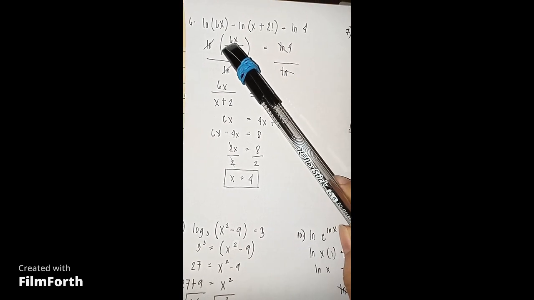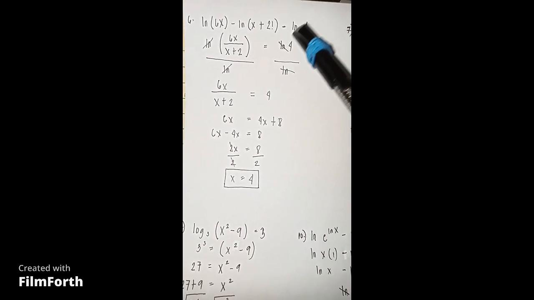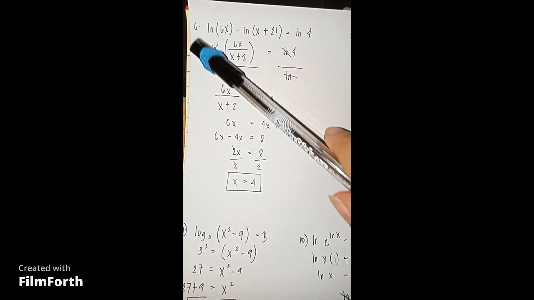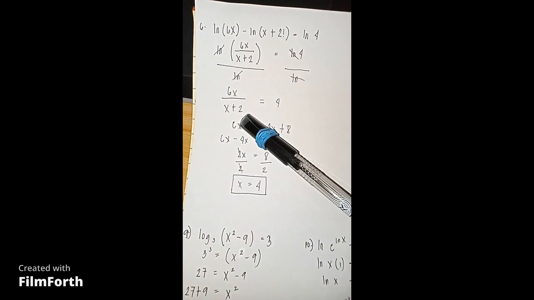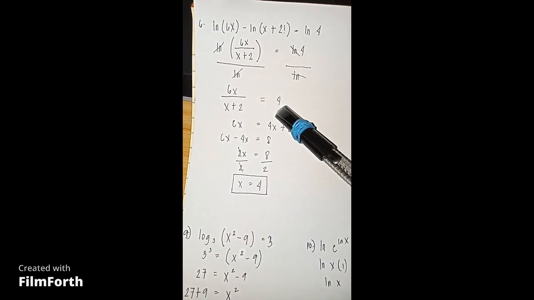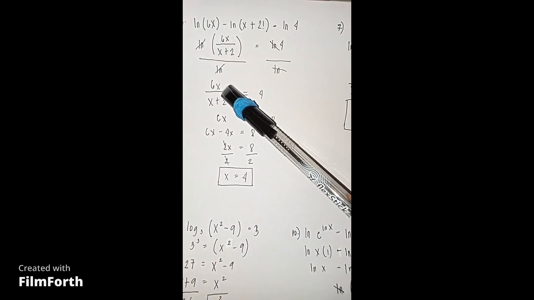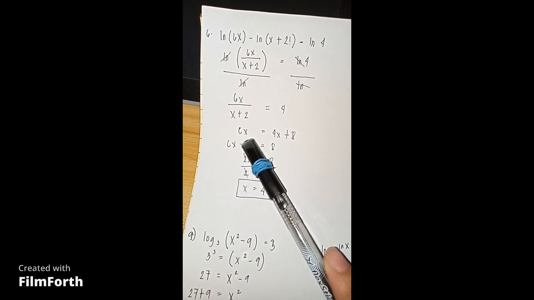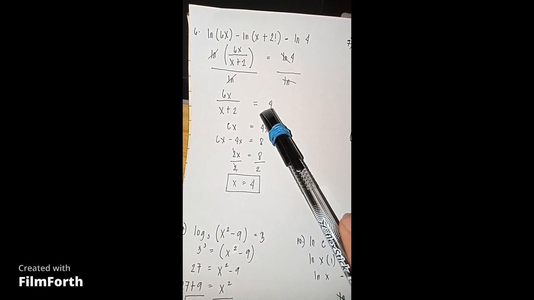So we have here 6x over x plus 2 is equal to ln 4. So divide both sides by ln. So cancel. So we have here 6x over x plus 2 equals 4. So cross multiply. So we have here 6x is equal to, so 4 times x is 4x, so 4 times 2